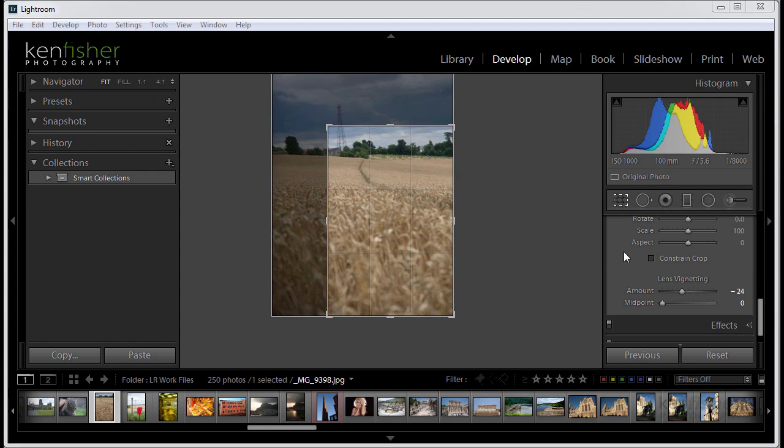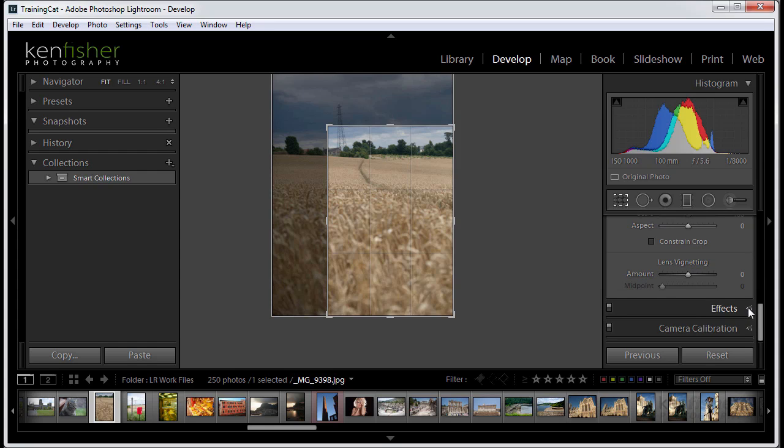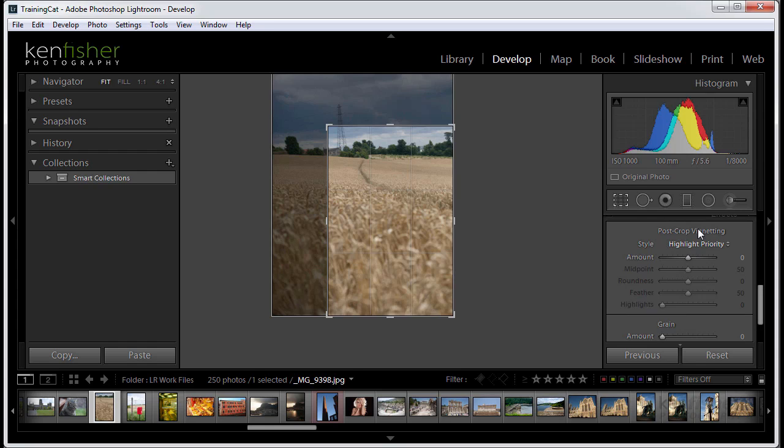In order to get the vignette to travel with the actual crop, we need the effects panel. So I'll just reset all this. And if we go down to the effects panel now, we have post-crop vignetting. This is effectively the same, but it will actually travel with the crop. So if I now accept this crop,